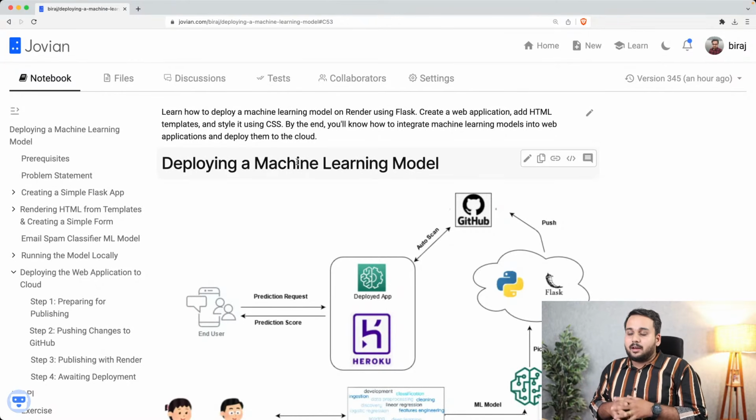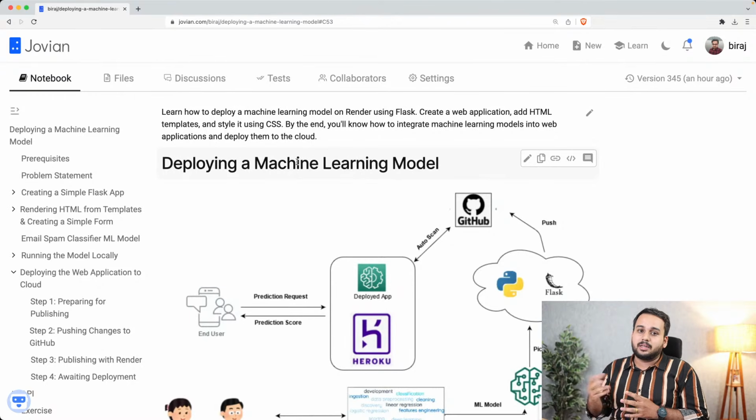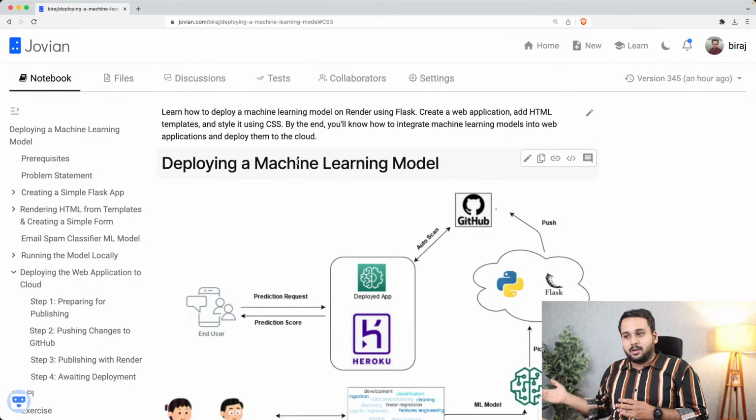The following topics are covered in this tutorial. First, we'll set up the project on GitHub and a Conda environment. And then we'll create a simple web application using Flask, just something simple like printing something on the web page. Then add HTML templates to the web app. Then we will